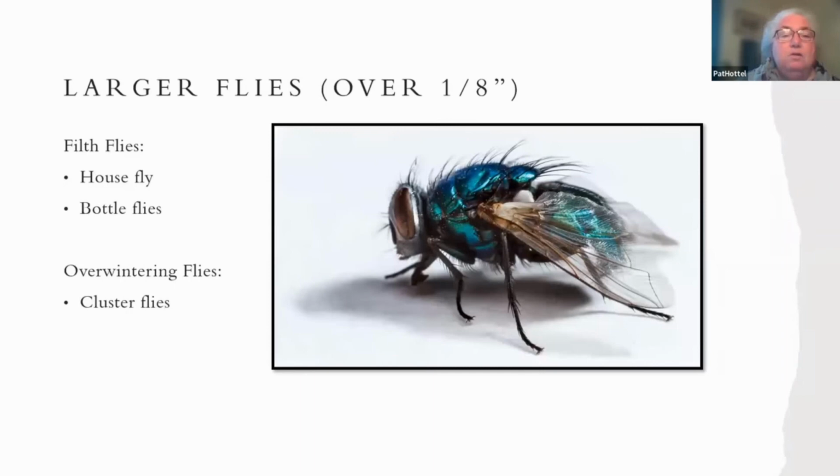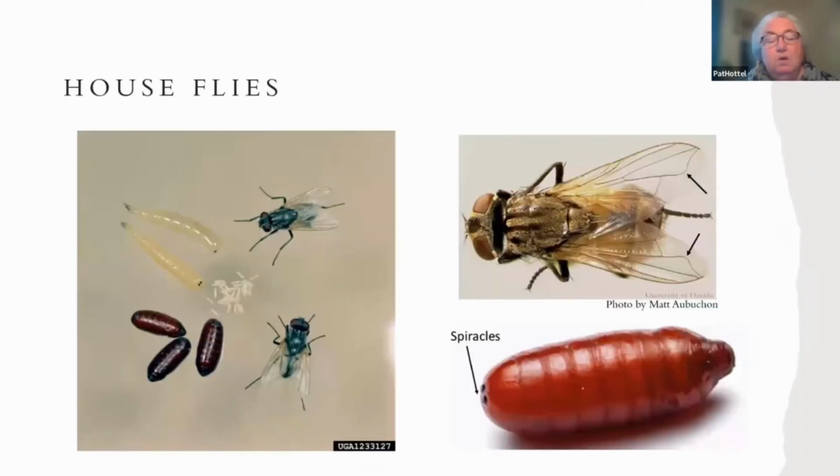Moving into our larger flies. So here we're going to talk about flies that are over 1/8 of an inch. We'll talk about house flies and filth flies. There's more than just two types of flies that are categorized as filth flies, but we're just going to focus in on house fly and bottle fly. And then I'm just going to talk a little bit about the overwintering flies, the cluster flies. So house fly,